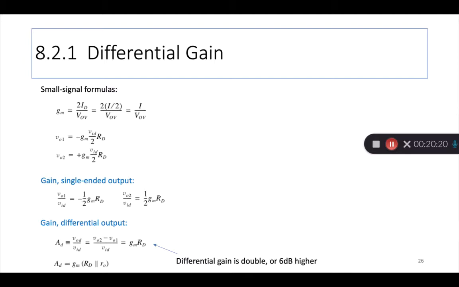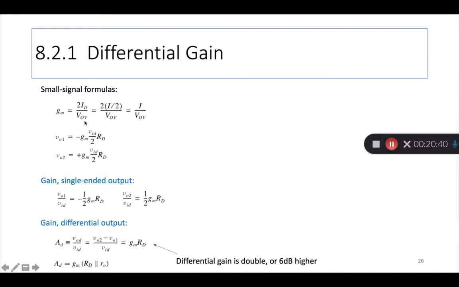So spending a little time reading the section entirely in the textbook will also be beneficial. But based on what we just saw in the previous slide, you can see that these formulas now start to make sense. So GM we know is always